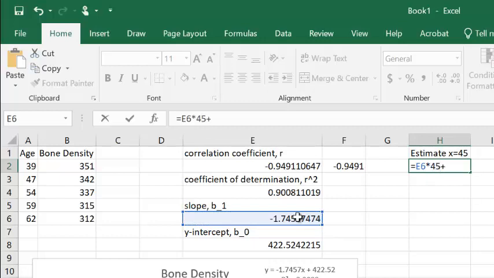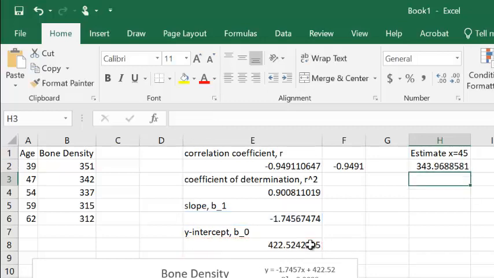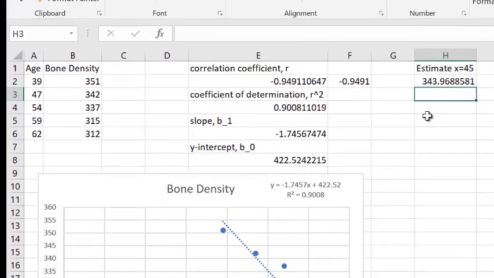And then I'm going to add to that the y-intercept here, which is 422.524. And then I hit enter. You could do all this with the rounded values given here in the scatter plot. If I hit equals negative